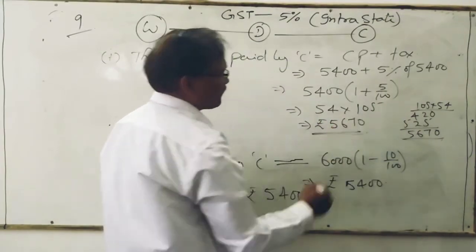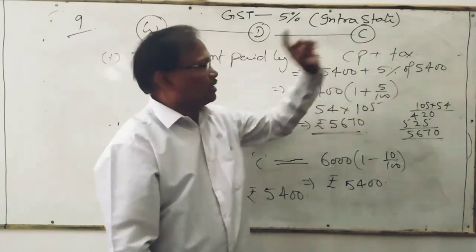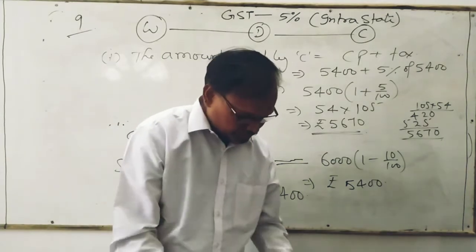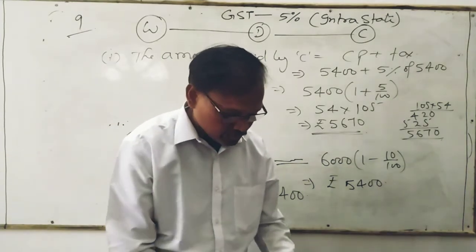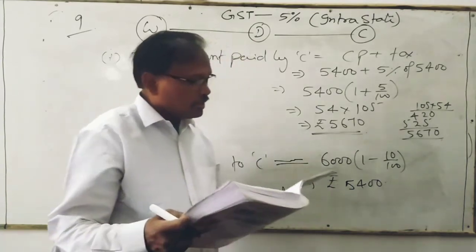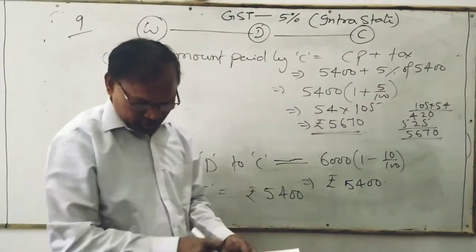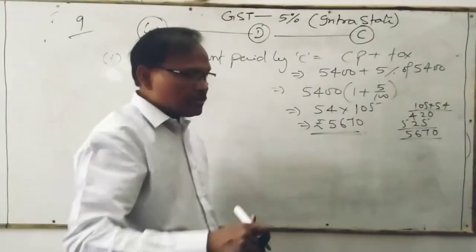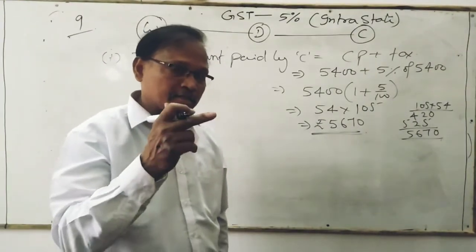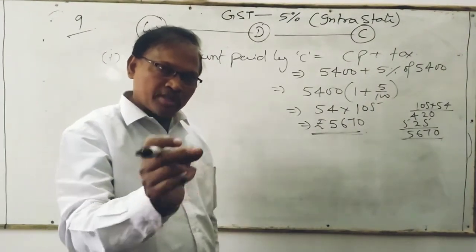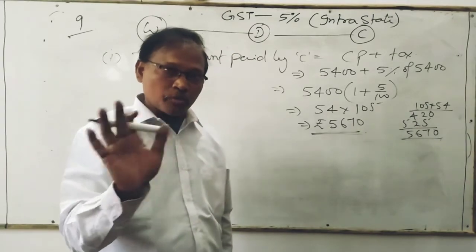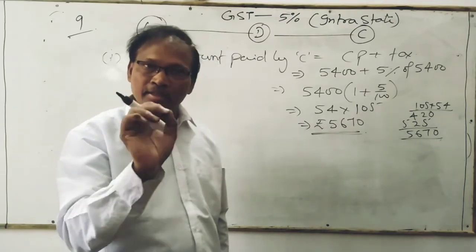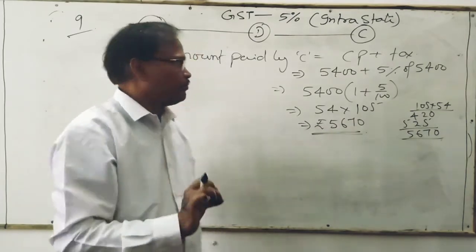5670. This much amount will pay the consumer. Okay, the first part. Second part of this question, asking the tax paid by dealer to the state government. The tax paid by dealer to the state government, यानी कि कौन सा टैक्स लायबिलिटी होगा, मतलब आउटपुट टैक्स माइनस इनपुट टैक्स, क्योंकि इसमें इन्होंने इनपुट और आउटपुट के बारे में नहीं बताया. तो इन दैट केस यू हैव टू पे द टैक्स एंड दिस इज द टैक्स लायबिलिटी बाय द डीलर.